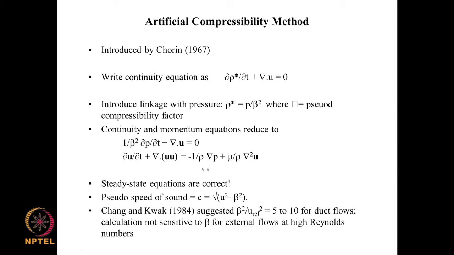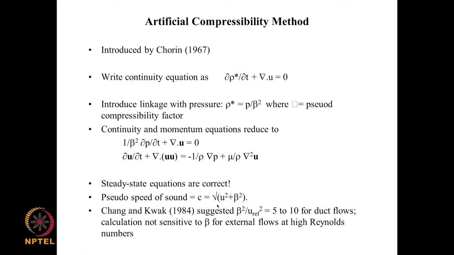And in order to use this method, we need to fix a value of beta. Without beta being specified, this cannot be solved. So, what value of beta can be used? This formulation here, rho star as p by beta square and all that, will imply a pseudo speed of sound which is given by square root of u square plus beta square, where u is the characteristic flow velocity,